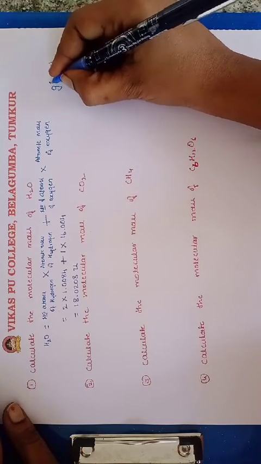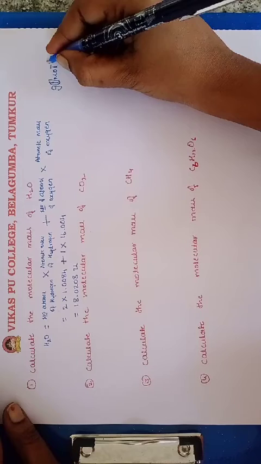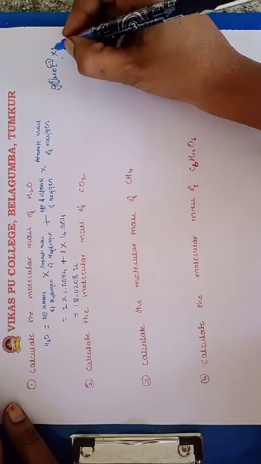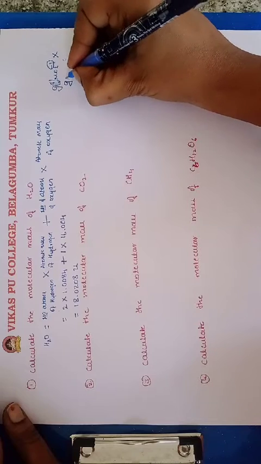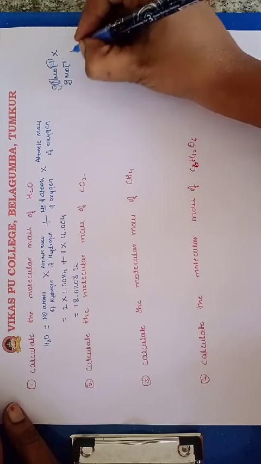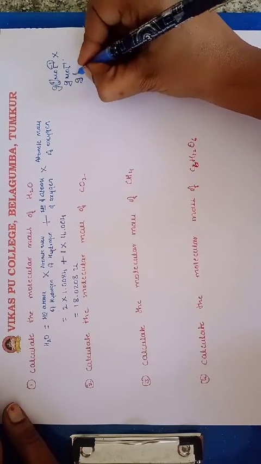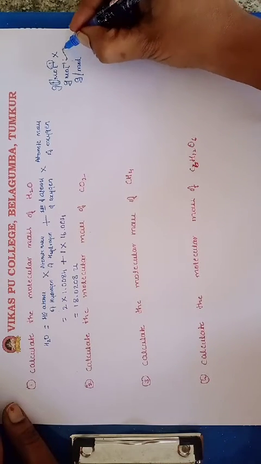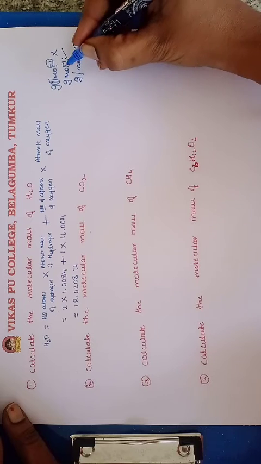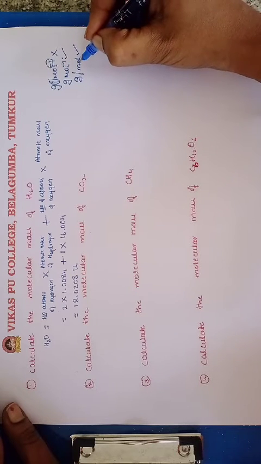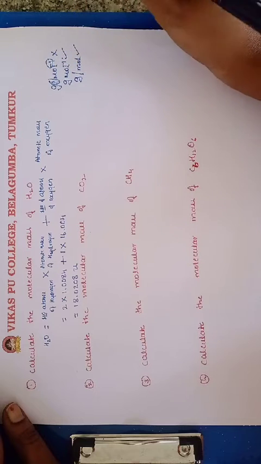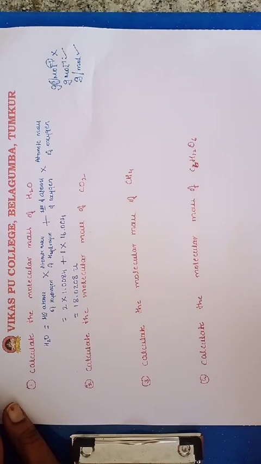If you are using the word per, then there is no need of using the slash. That is a wrong method of writing gram per mole. Either you write gram per mole like this, or you write it like this. These are the two correct methods of writing the unit of molar mass. This is the wrong method. Using both means it is going to be wrong. This is about the calculation of molecular mass of H2O.